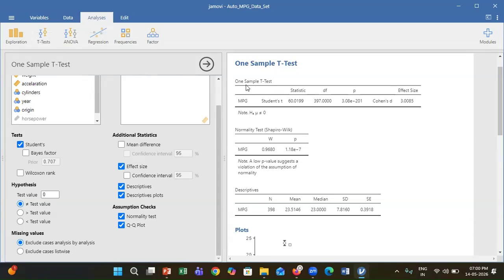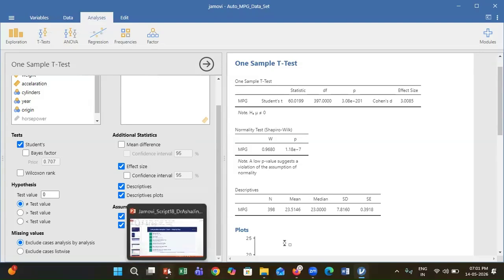If I look at the one sample t-test statistic, it is 60.0199 and its p-value is also very small, less than 0.05, indicating there is a significant difference between the sample mean and the population mean. Means mu is not equal to 20, and effect size is 3.0085, very big.